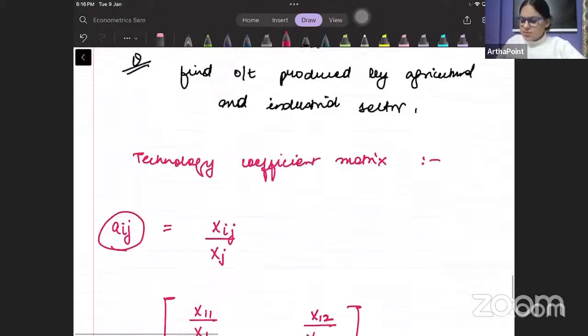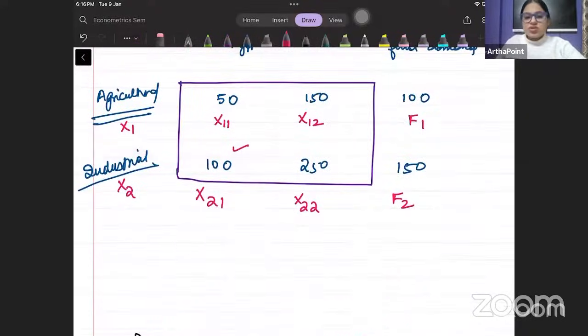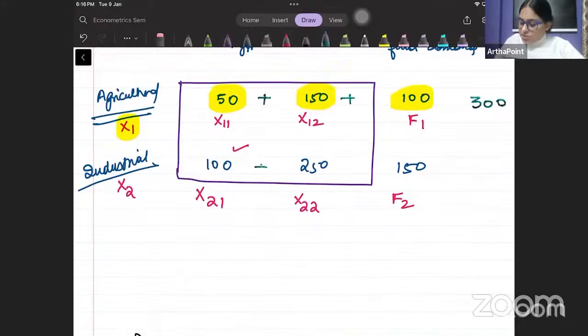So how will this be done in terms of this? How will I be able to do this? Beta, if I were to find X1, for X1 I will add 150, 50, 200 plus 100, which gives 300. So my X1 total will be 300. By adding these, my X2 total will be 100 plus 250, 350 plus 150,